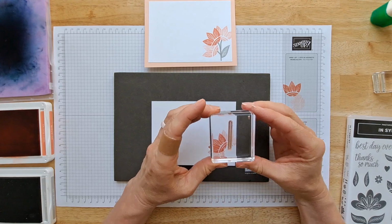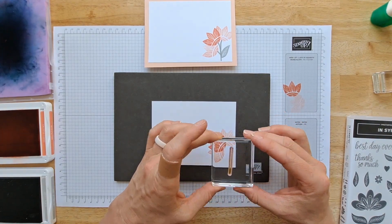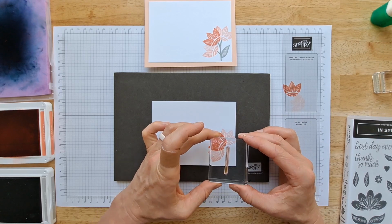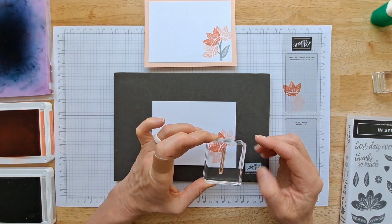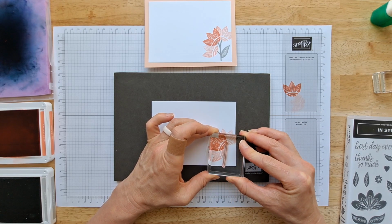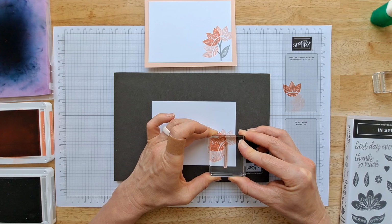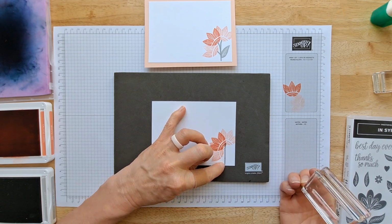And I've got a tip for using this little stamp. Now, don't just stamp it straight. You're going to rock it. So you're going to nestle in that notch into the notch of the flower, and then just tip it all the way down. And you can actually kind of rotate it so that it's curved and going all the way